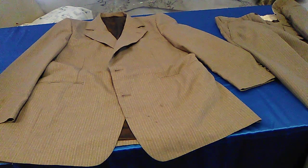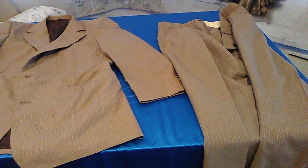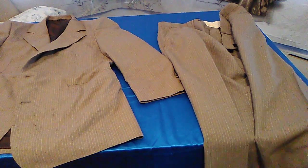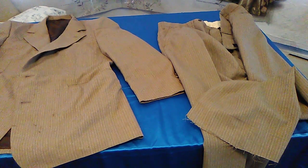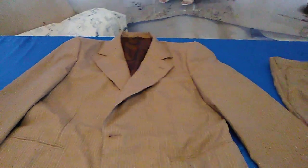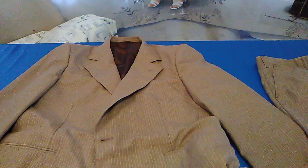And I will show you today also how to make hemming on the pants. So let's start with a jacket, and little by little we go to the pants. But now I want to show you the jacket, and